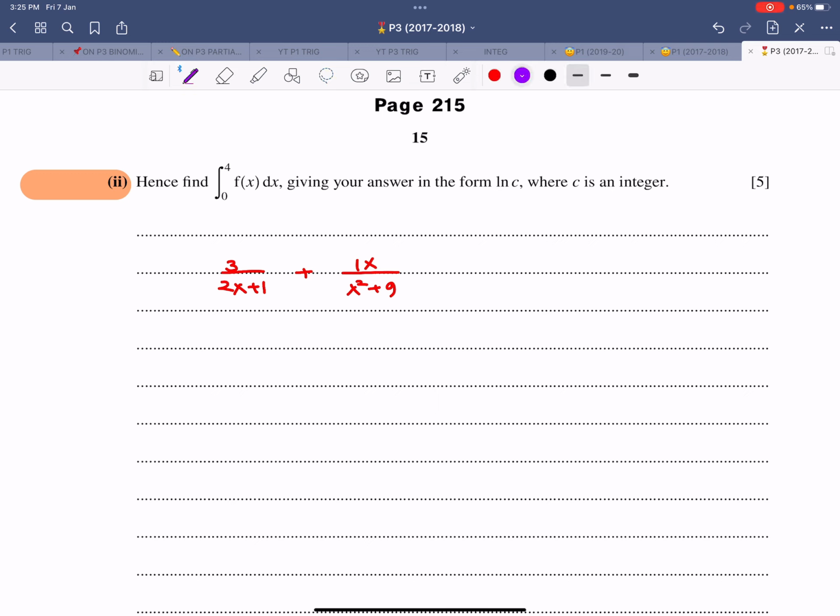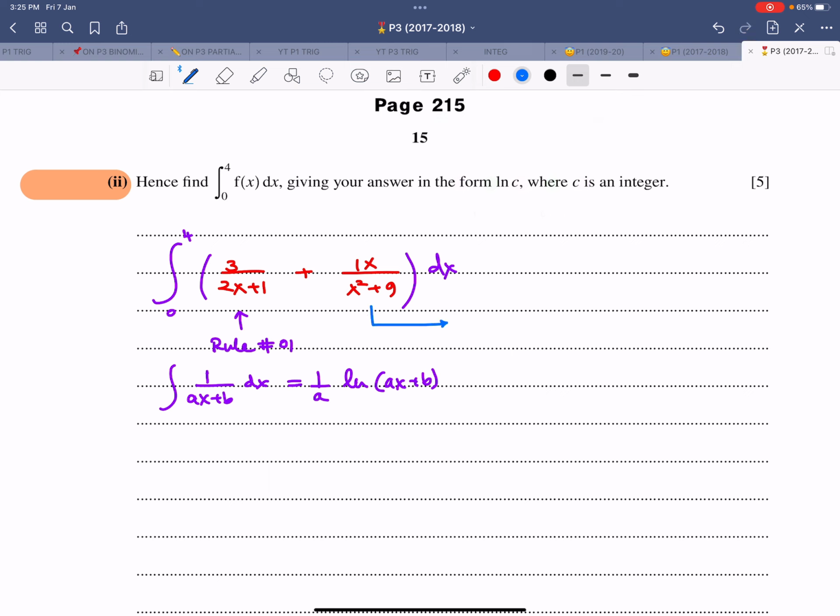Now what is the integral of this? What are the techniques that we'll be using? Plugging in the limits comes later. For this one, rule number 1 of log is used. What is rule number 1? That is, we have 1 over ax plus b dx integral. That's 1 over a ln ax plus b plus a constant of integration, which is not applicable over here because we'll be plugging in the limits.